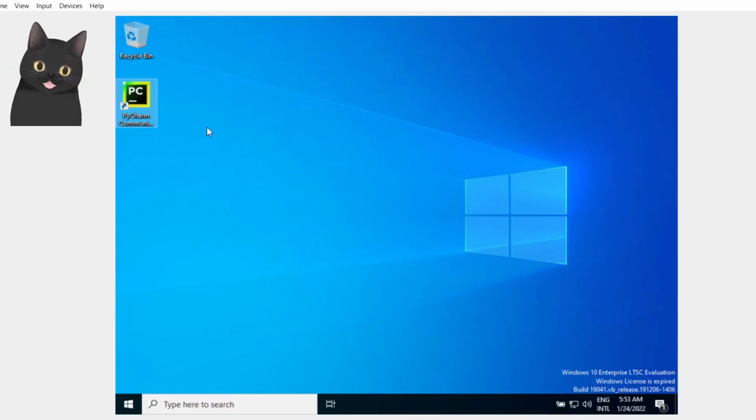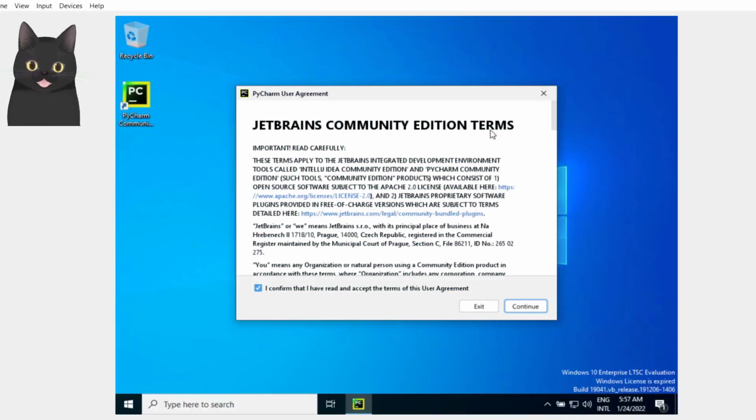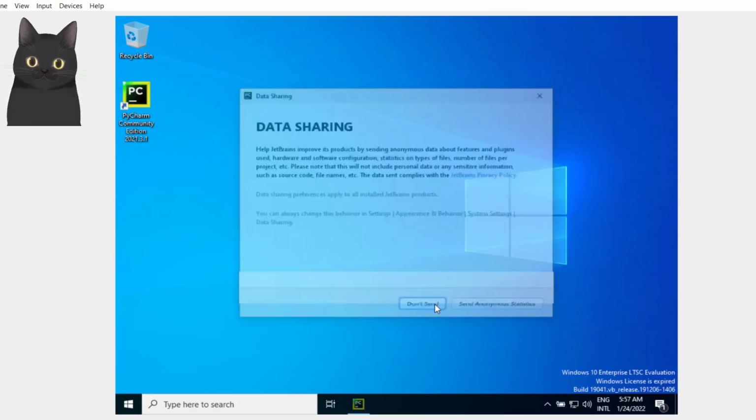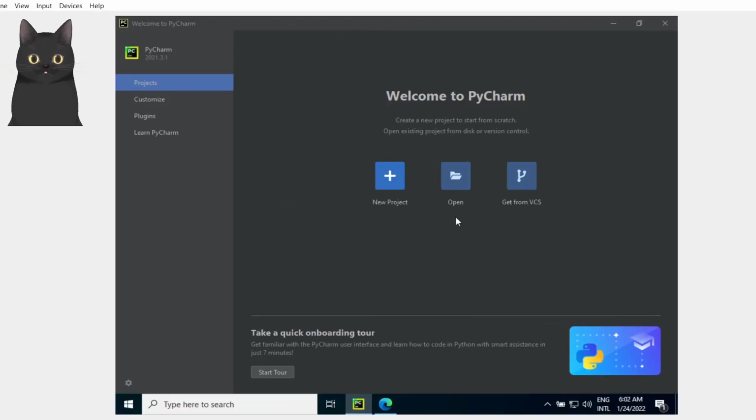And once your computer is restarted, you just need to open PyCharm, and then you're greeted with a user agreement dialog. You just need to accept it, and you can choose whether you want to send some data to them or not. And once PyCharm is loaded, you are greeted with this welcome to PyCharm, and it's asking you to create a new project or